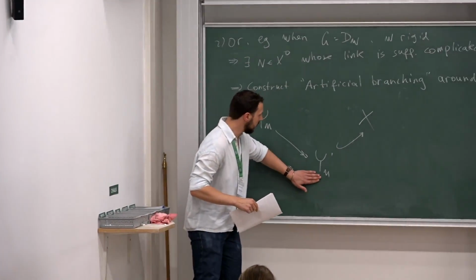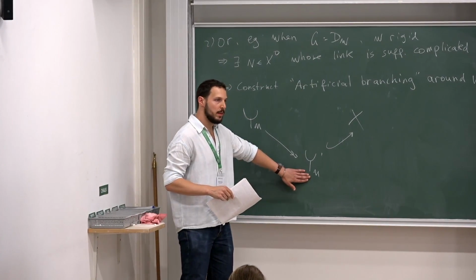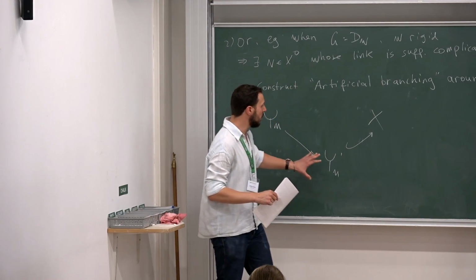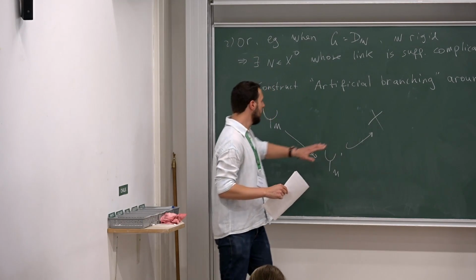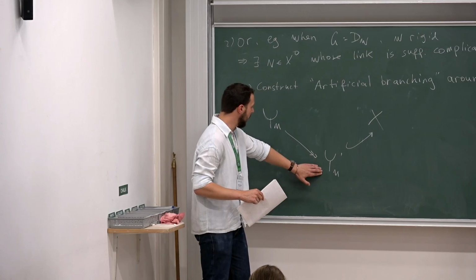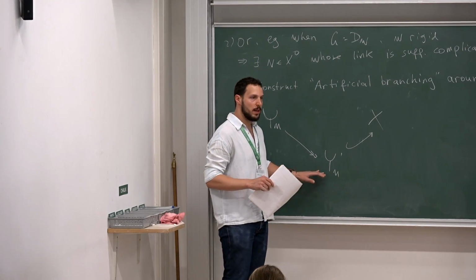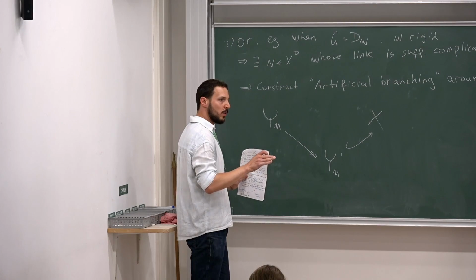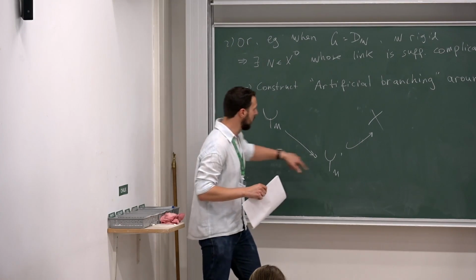And now this Y prime M puts us in a good position to try and inject homological torsion into X. The problem is that it's hard to ensure that this quotient map induces an injection, at least on the torsion part of homology, which is what we want to preserve going from here to here.